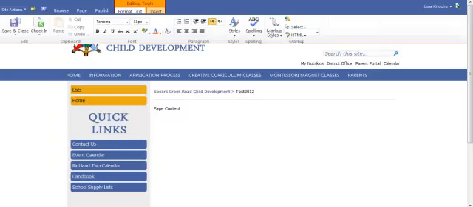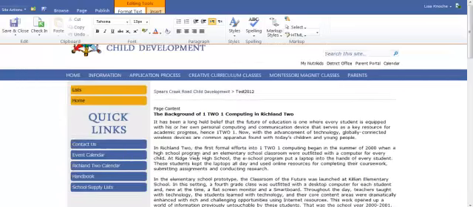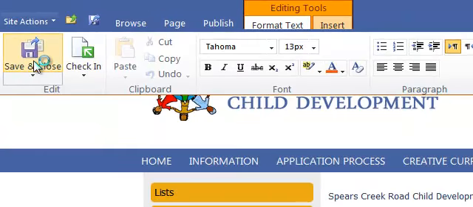Okay. So now the information is on Test 2012, and I'm first going to, you can save it and close,